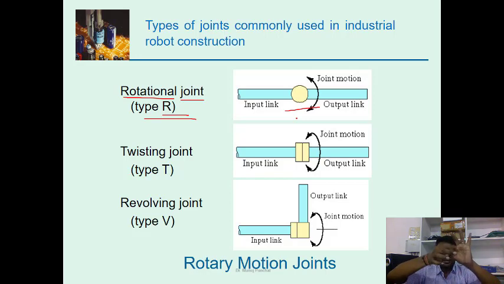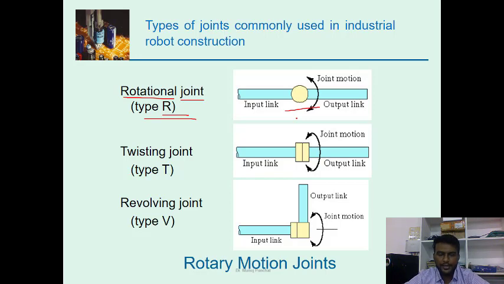This motion is simply like the bicycle chain. If you cut the bicycle chain and see the motion, you can do this kind of motion. So there is a pin joint. Simply a pin joint. Next, the twisting joint. Here there is some difference in the motion. Here you have two links, connected with the help of some kind of joint, and it does this kind of motion. These are two links, and it is doing this kind of motion. This is a twisting motion, like this, right?